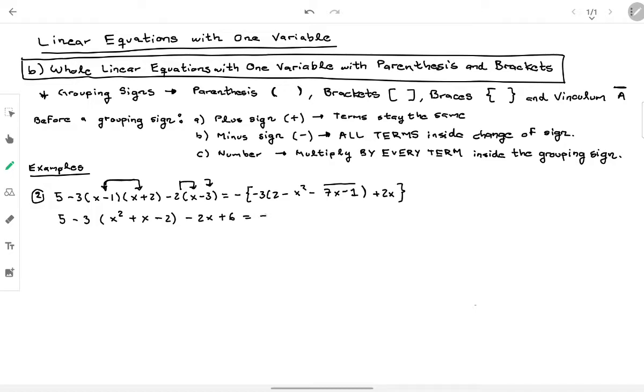Then in the other part, we need to start taking out the grouping signs from the middle to the outside part. So the first one we need to change is the vinculum. We have a minus sign before the vinculum, so it will change the sign of this one and this one. So we will get something like 2 minus x squared minus 7x plus 1 plus 2x. Then we can continue. This minus 3 is multiplying every term inside the parentheses, so we will get something like 5 minus 3x squared minus 3x plus 6 minus 2x plus 6 equals, then it will be minus, the 3 is multiplying every term